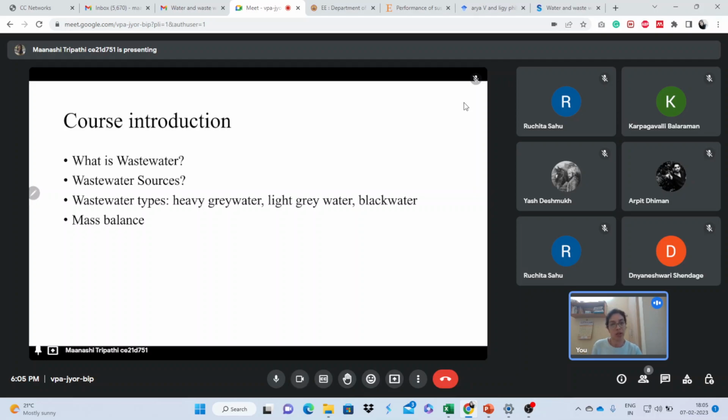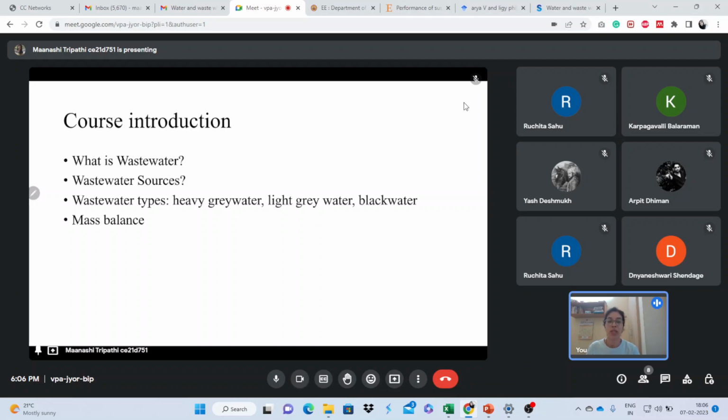This wastewater can be reused as well, after some particular degree of treatment, depending upon what kind of reuse you want. If you want to reuse the same wastewater as drinking water, the level of treatment will be very, very high, and it will be very costly as well. If you want to use the wastewater for some simpler purpose, like gardening, then we have to remove some big particles, that we call particulate matter, and some pathogenic organisms, and the nutrients will be there. We can use the same water for gardening purposes.